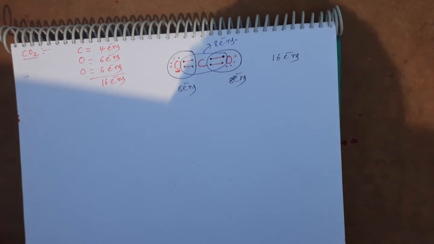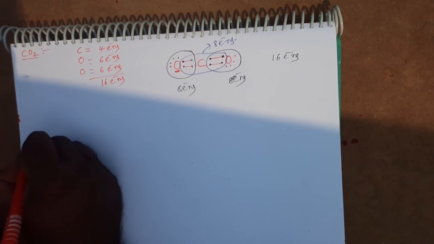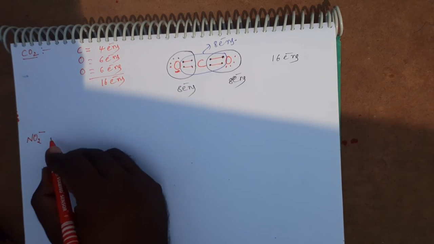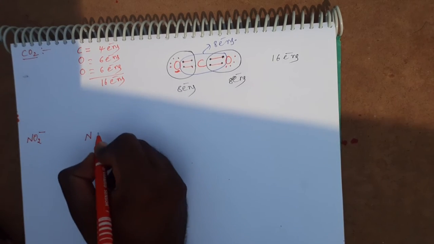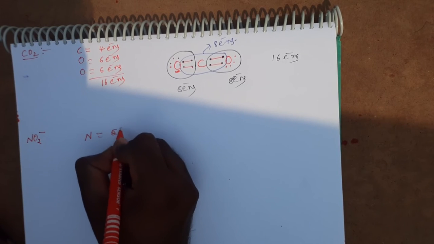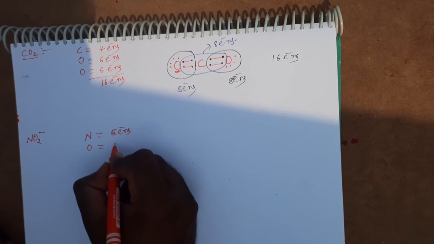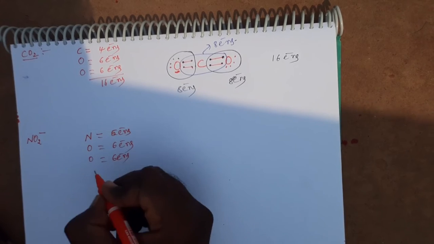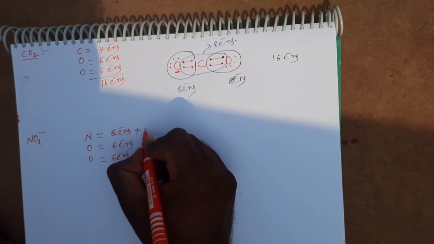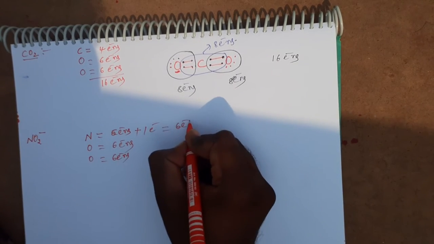And after this one, here we can follow another one, NO2 minus. See, here we can observe NO2 minus. In NO2 minus, N has how many valence electrons? 5 electrons. And each oxygen has 6 electrons. And by adding 1 electron, because it contains a negative charge, that's why the total is